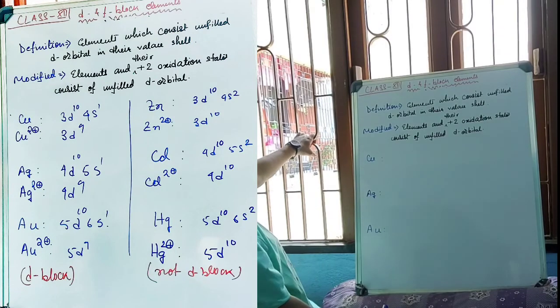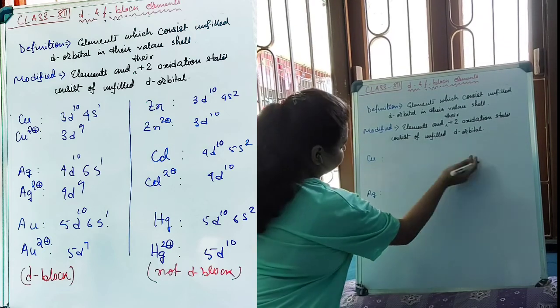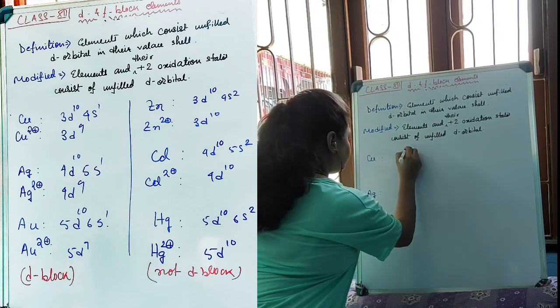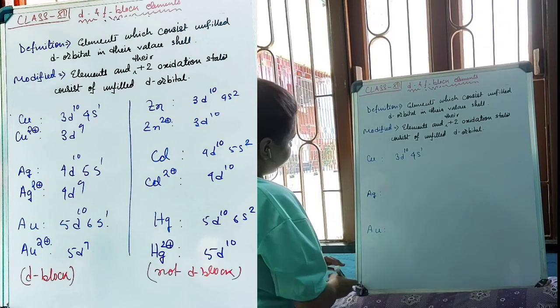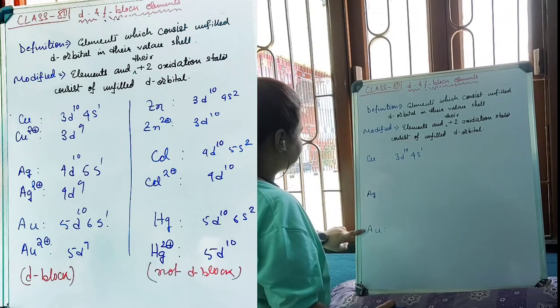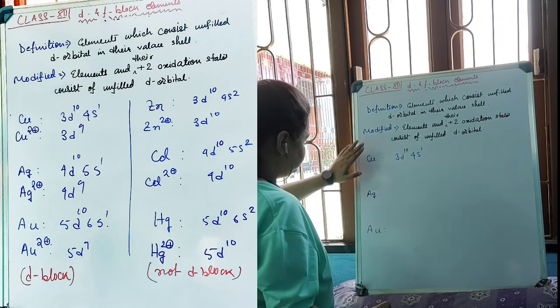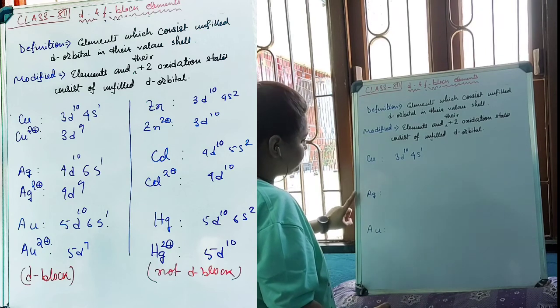Copper is residing in the first transition series, that is the 3d series, having the electronic configuration 3d10 4s1. Silver is residing in the same group as copper, right below copper, and gold is also residing right below silver in the same group as copper. Therefore, the electronic configuration for silver and gold will be the same as that of copper, only their valence shell number will increase by 1 from copper to silver, silver to gold.